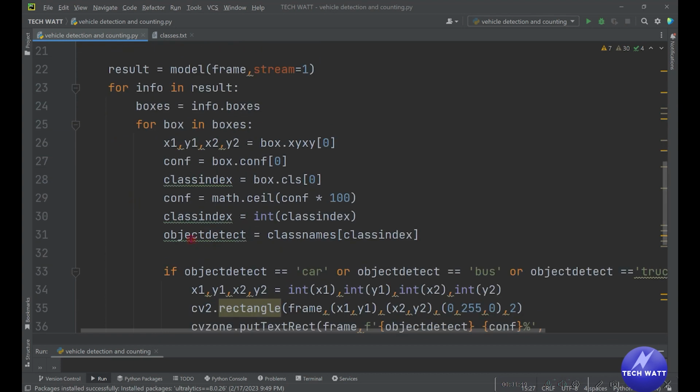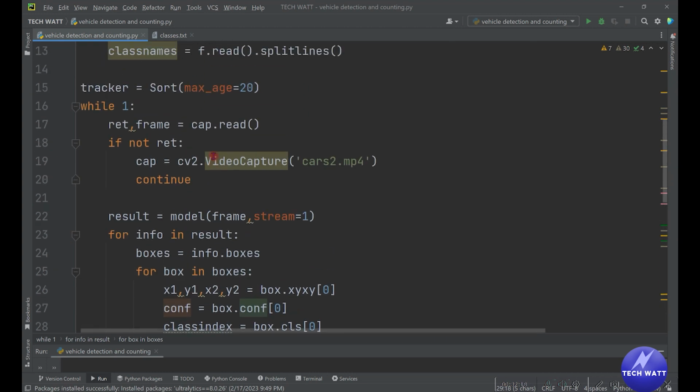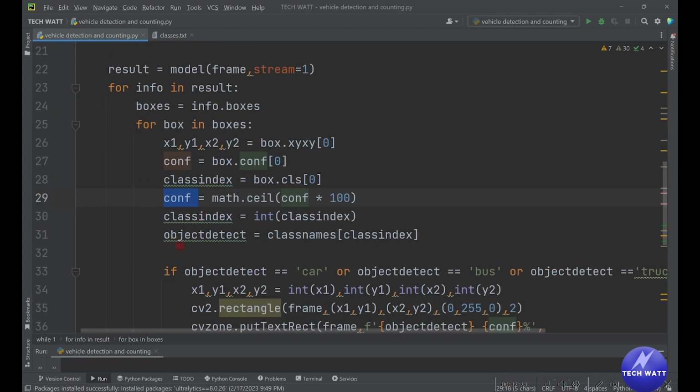So what this tracker wants from you is the bounding box coordinates. You have to give it all your bounding box coordinates and your confidence. So you can see we have all those things here. We have our confidence, we have our bounding box coordinates, the x1, y1, x2, and y2. So we have to push this to our tracker. Then our tracker will give us our new bounding box coordinates and also provide us with an ID for each detected object. So for that, we can come down here and say, okay,